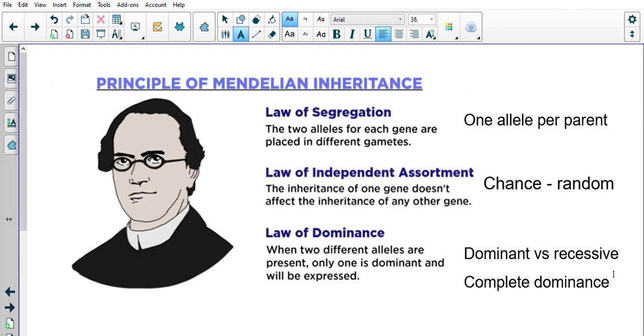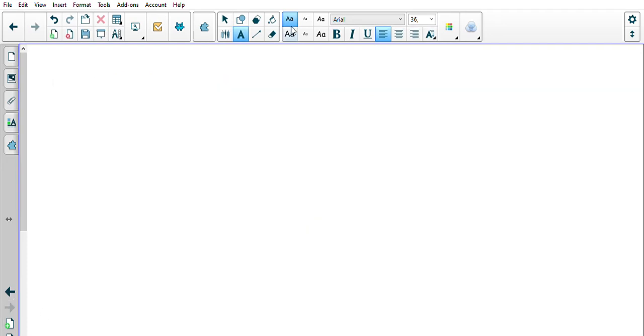If you want to go and learn a bit more about incomplete dominance, go do some reading. It's very fascinating to understand how these different things relate to each other, and that really is important for us to understand. But for you guys, we are only focusing on complete dominance. So Mendel's law really here says, if there's two different ones, one will be dominant, one will be recessive, and then that's it. Okay. So let's just have a little quick summary of what we've done in terms of Mendel.